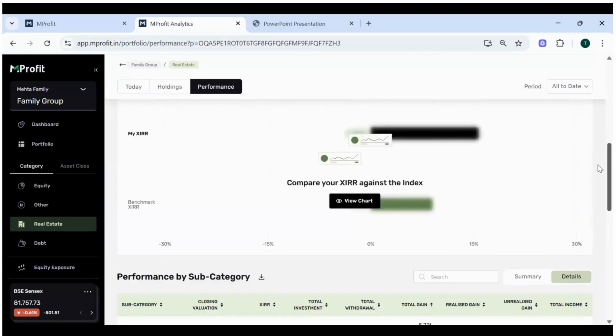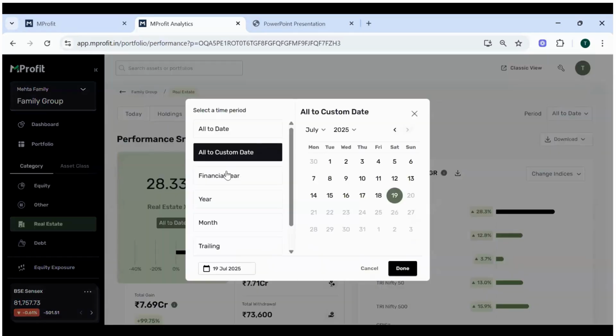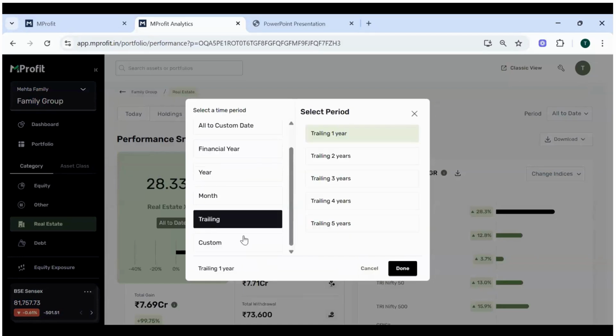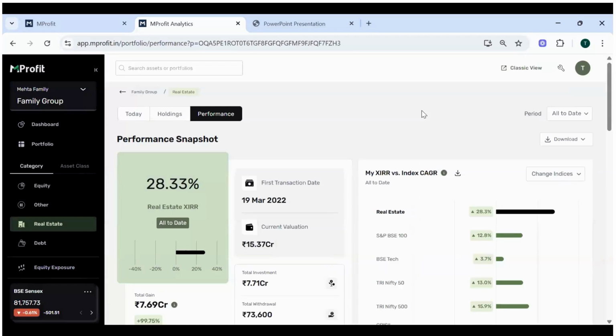Current selected period is all to date, but of course, the entire analytics tab is customizable for any specific time period that you want: financial year, calendar year, month, custom periods, right? If you want to see just the last 6 months, you can custom select those dates. So with these new feature enhancements, we have made it possible for you to track each category return separately,